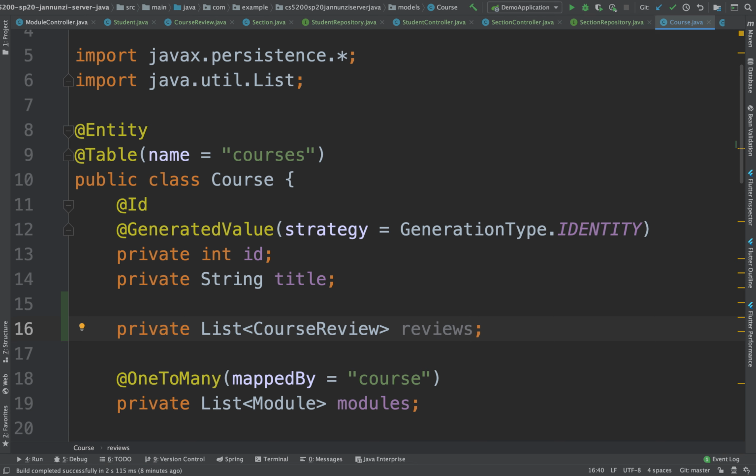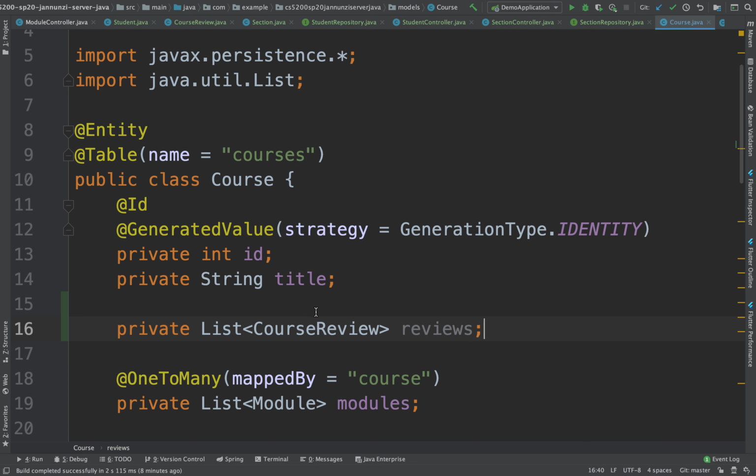So from my point of view, I have many course reviews, of which each one of them can be a different course. But if I'm looking at it from the point of view of the course, I'm looking at also course reviews, but these are all the course reviews that pertain to me. That particular course will have all the students that reviewed me as a course. Okay, and